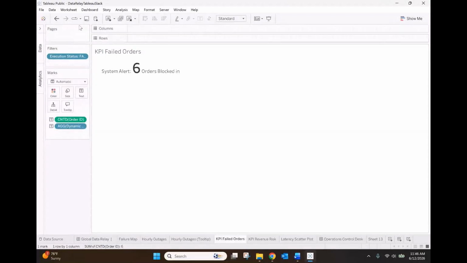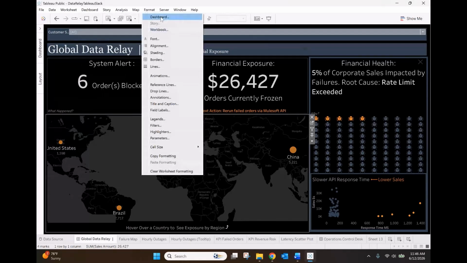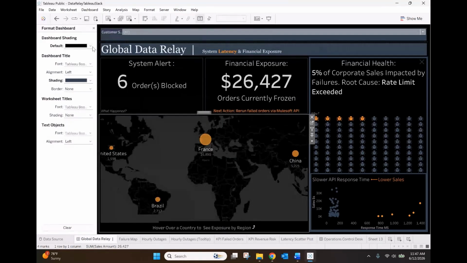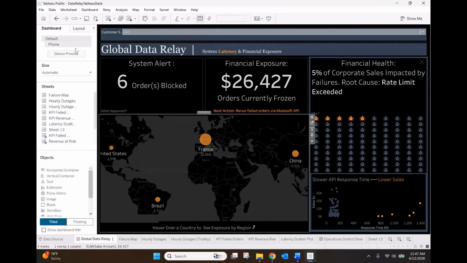Coming along. Also notice that when it's in the worksheet, the background is white. When I drag it into the dashboard, it's black. There are 2 ways you can format it like that. You can format your whole dashboard when you're in the dashboard and just format dashboard. The default is going to be white. I changed the default to black. This made it dark mode. So that's one way of doing it, you can change your whole dashboard to black. And I'm going to show you how to drag these into the dashboard a little bit later. But the other way to do that is,